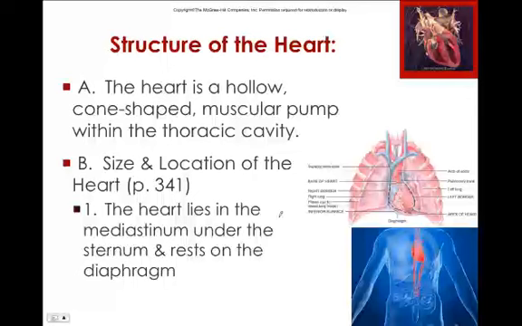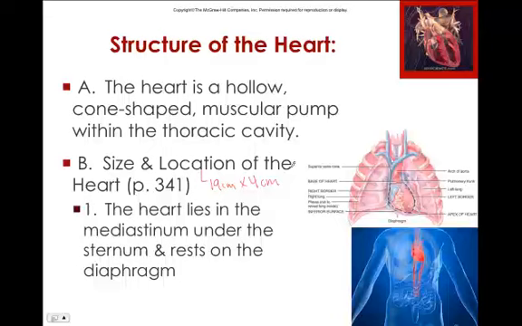The size and the location of the heart. So the size of the heart, believe it or not, you don't have to know this. This is why I don't have it down here, but some people want to know it. The average heart is about 19 centimeters by 4 centimeters. That's average. So again, the average heart is pretty close to the size of your fist, a little bit bigger